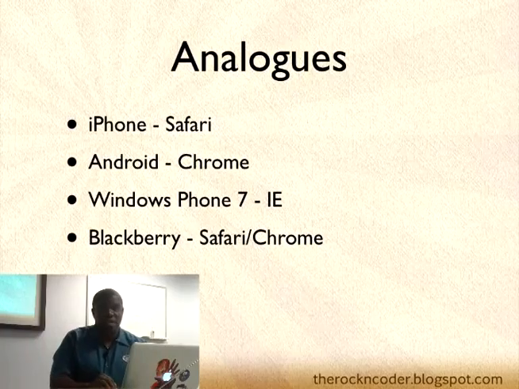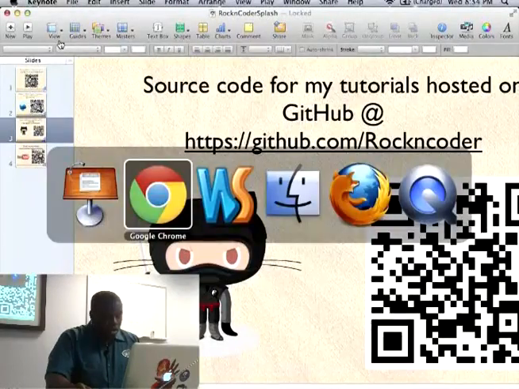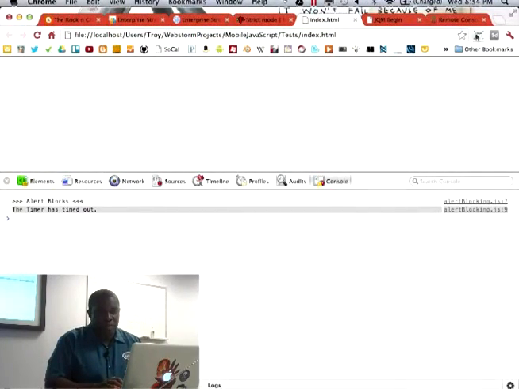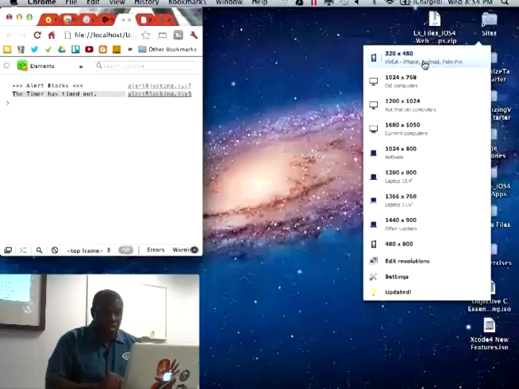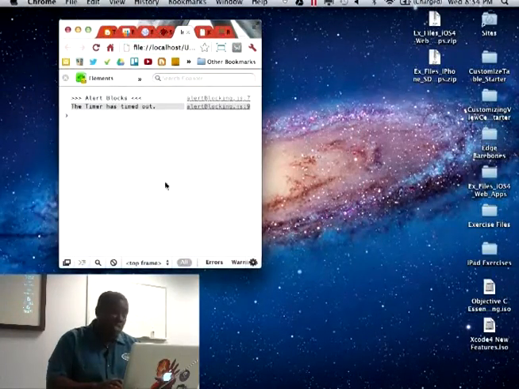Now, it's important to realize that analogs are good for setting things up, getting things running. For me, I use a plugin called Window Resizer, which allows me to get the same size window as a mobile device, but this is not the same as a mobile device. And the reason is because